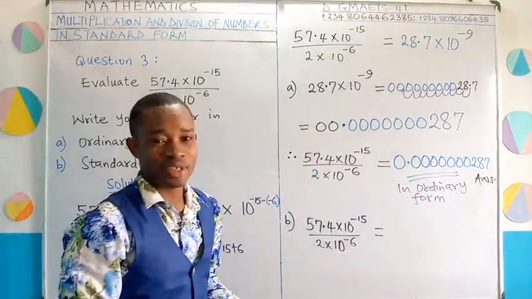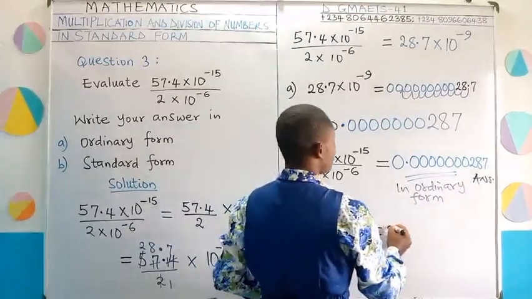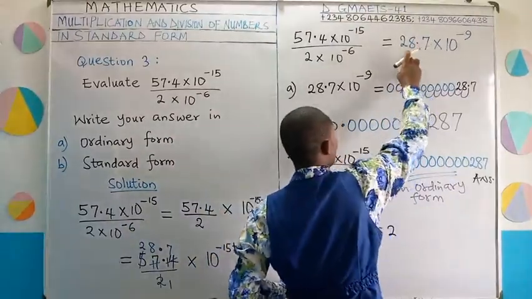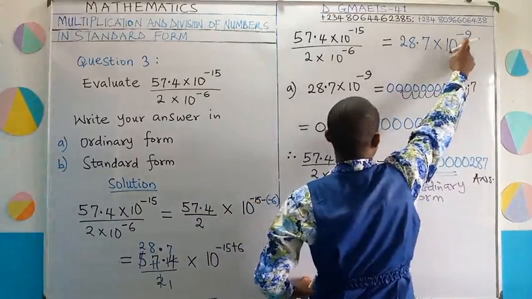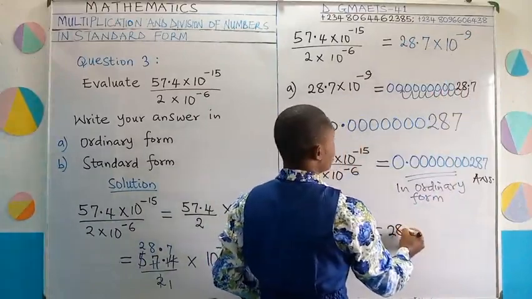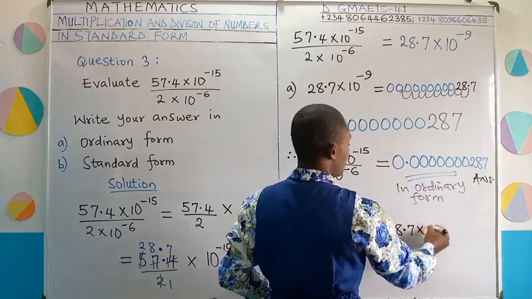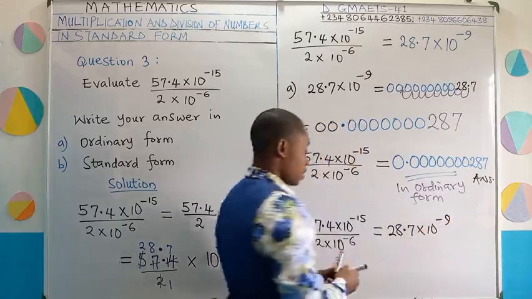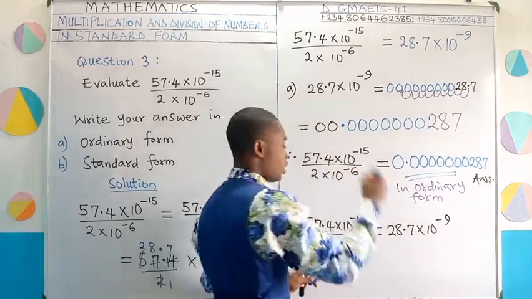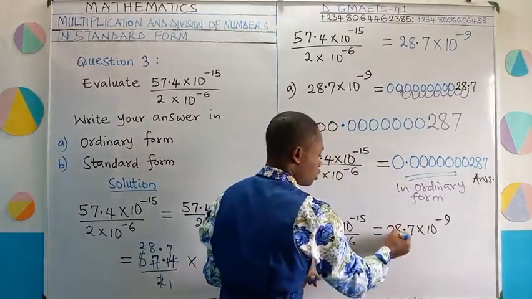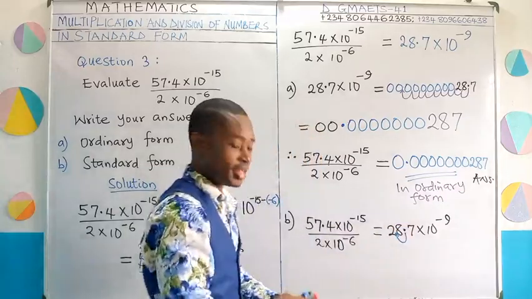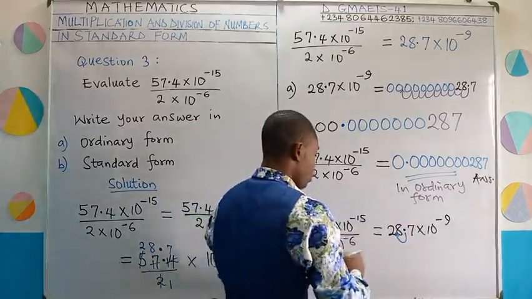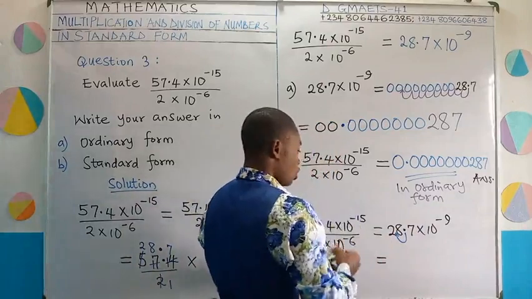I've taught you that already, you know. But let me just show you. I should have just written the answer straight. Move the point once to the left and then add to the power. But let me show you the working. 28.7 times 10 to the power minus 9. This is what we got directly from the question when we solved. I'll move this point once to the left to put it in basic standard form. So our answer will now be equal to